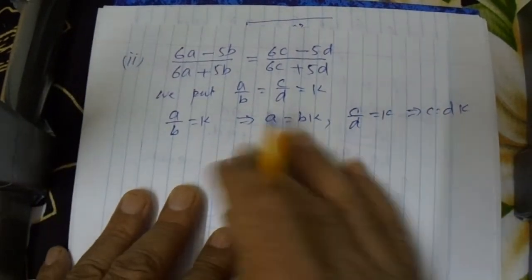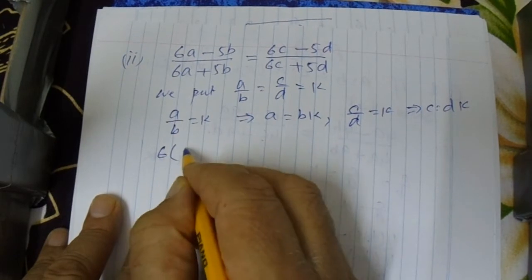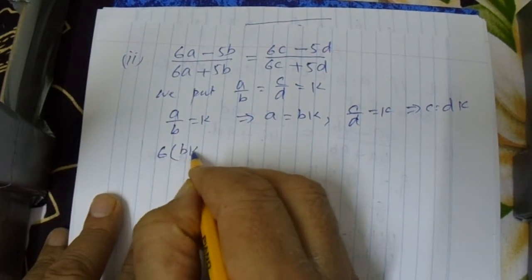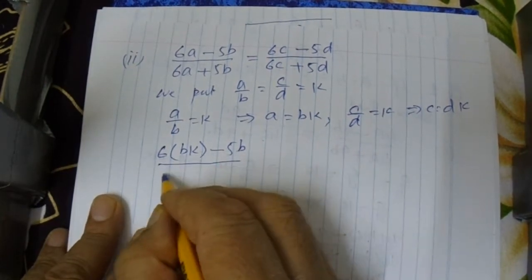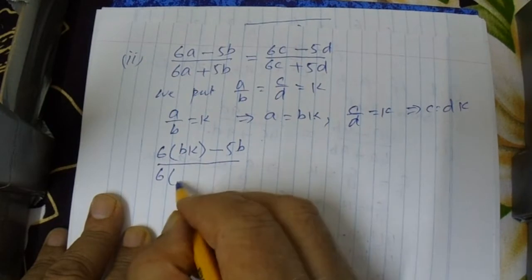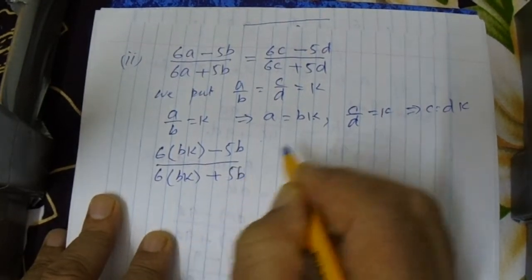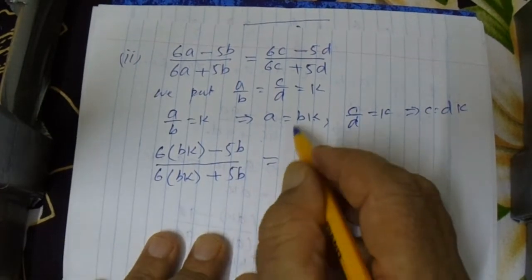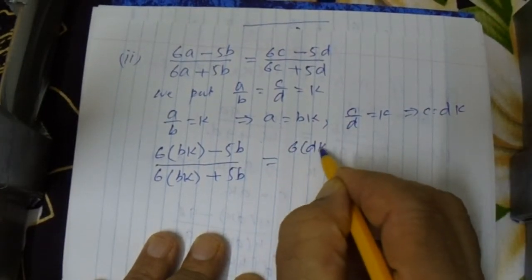Now we put these values: 6 into BK minus 5B over 6 into BK plus 5B, is equal to, now C is equal to DK, 6 into DK